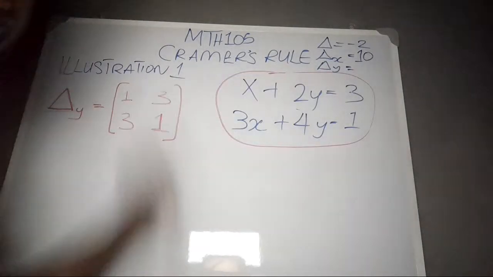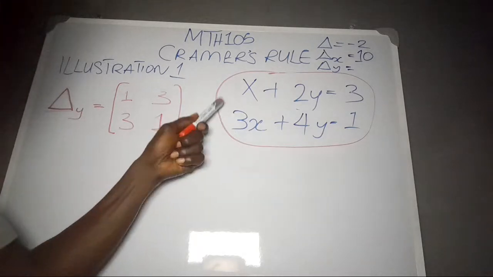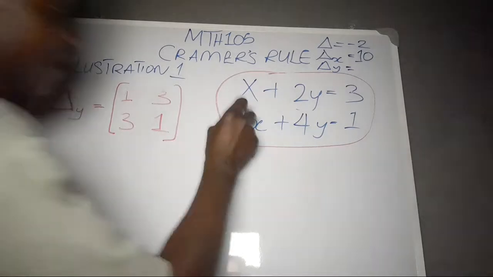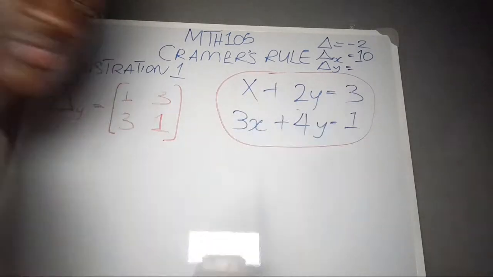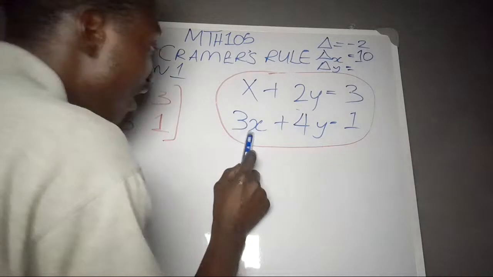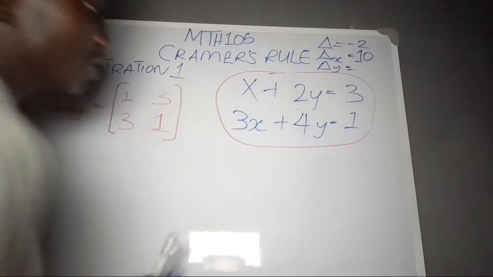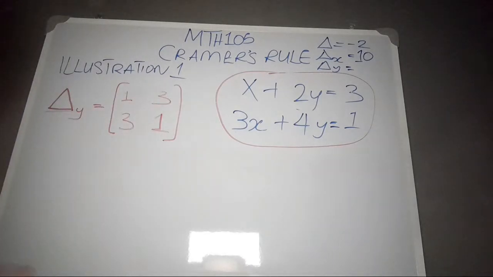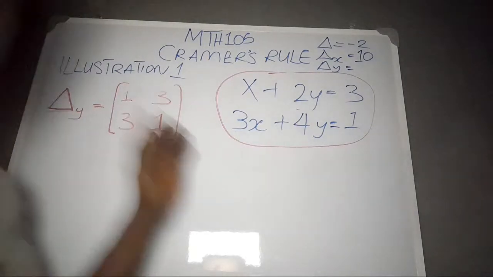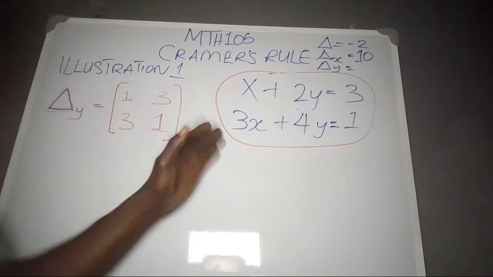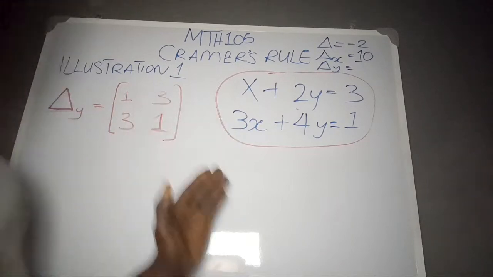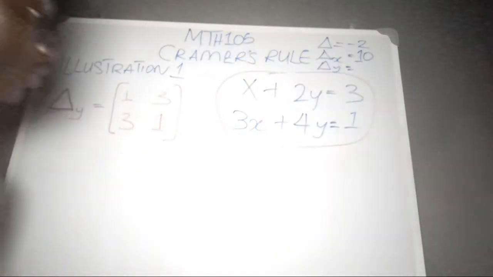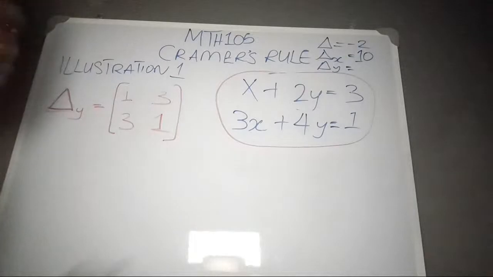This is the question. And the question says x plus 2y equals 3, 3x plus 4y equals 1. This is an equation. So for us to interpret this into a matrix, we are obliged to do this,